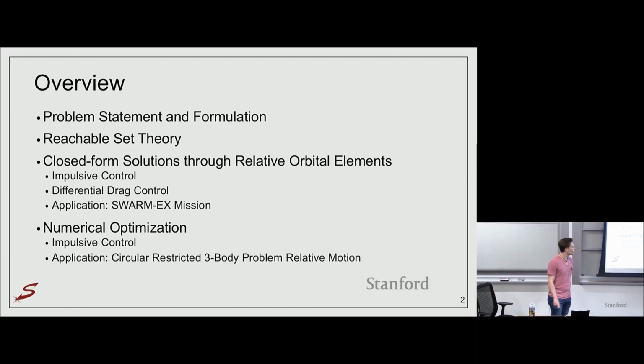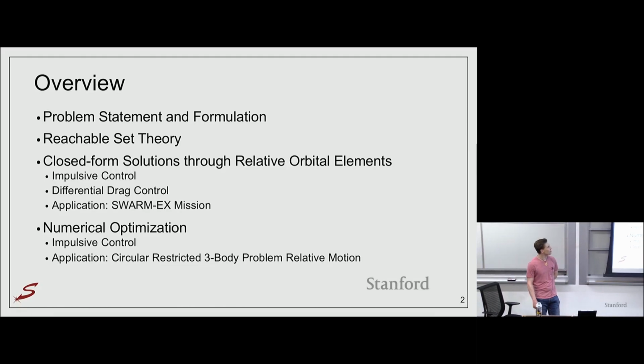So looking over what this lecture is going to talk about today, we're going to start with a problem statement of what this work's about and a formulation of the base control problem we're going to be working with. We'll then dive into reachable set theory, which I think you guys have seen once before. I'm not sure where I fall in the order of lectures. But we'll go over that very quickly so we can then dive into closed form solutions for optimal control using ROEs